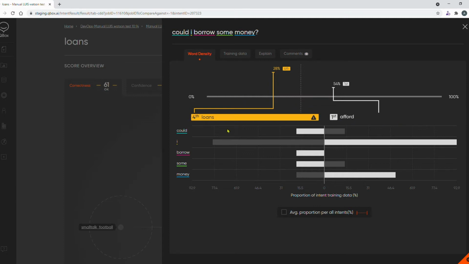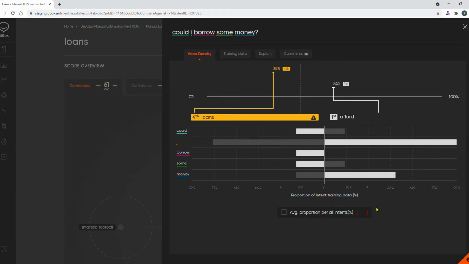on the left, my correct intent, the loans intent. A white bar indicates which intent has the highest proportion of representation for that particular word out of these two intents, and the grey bar indicates the intent that has the lowest proportion out of those two intents. So I can see, at a glance, which words within this utterance have the highest proportion of representation compared to